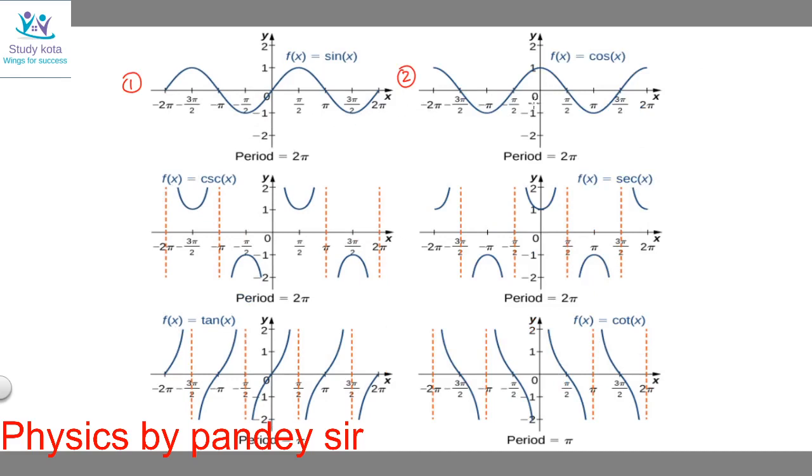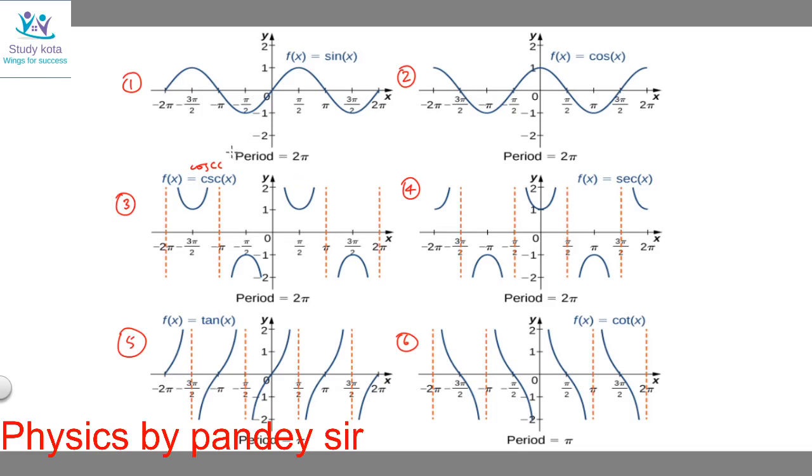The second one is the graph of cos, and third is the graph of cosec, inverse of sine. This is cosec. This is of sec, opposite of cos, and this is of tan, and opposite of tan is cot. So this is, let us say, fourth, this is fifth, and this is sixth. Most importantly, we will see only the values of the first and second graph, that is sin x and cos x. Okay, we will discuss it in detail.